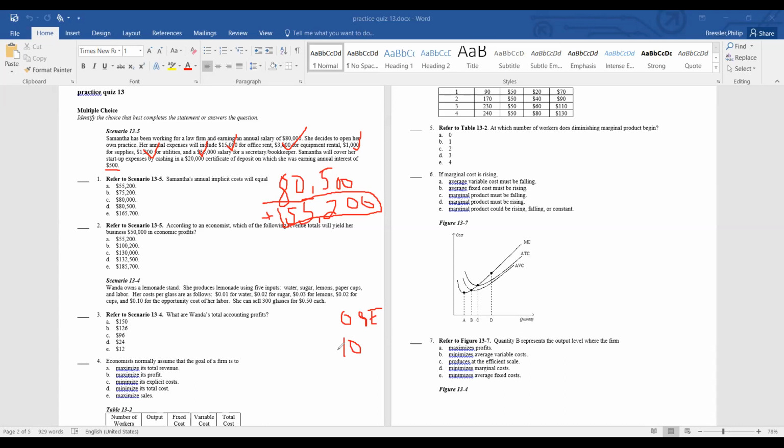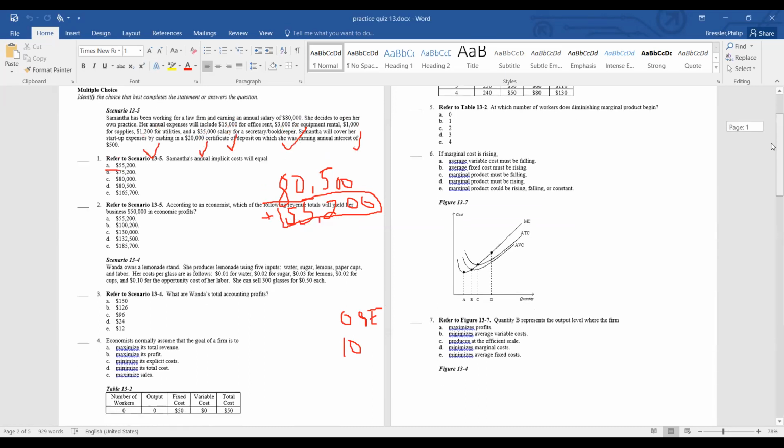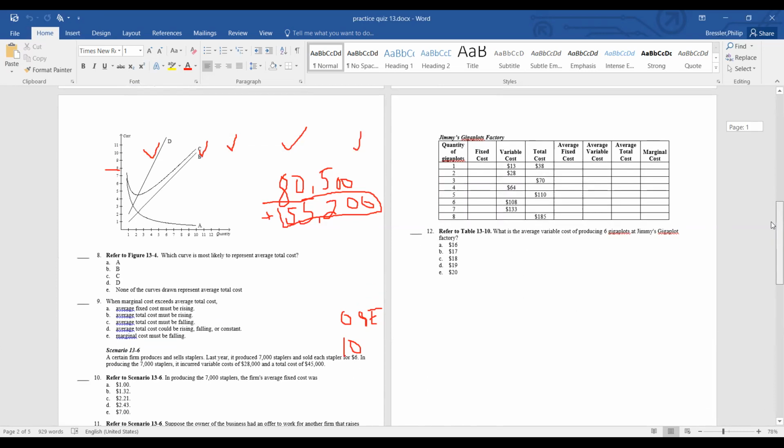And then the ones that have charts. Oh, I know. I want to find one. There's one with the chart in it that you guys should look at. Like this one, 13.10, I would fill out the whole chart, because they could ask you anything. And the way to find the fixed cost, right? Fixed,